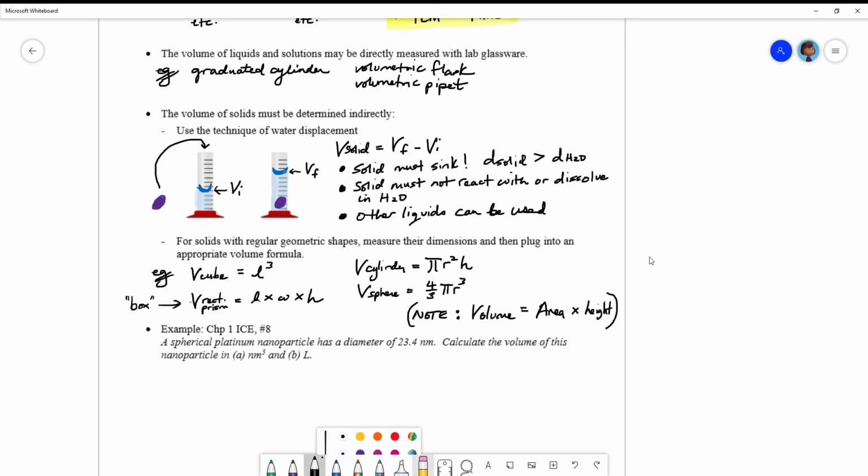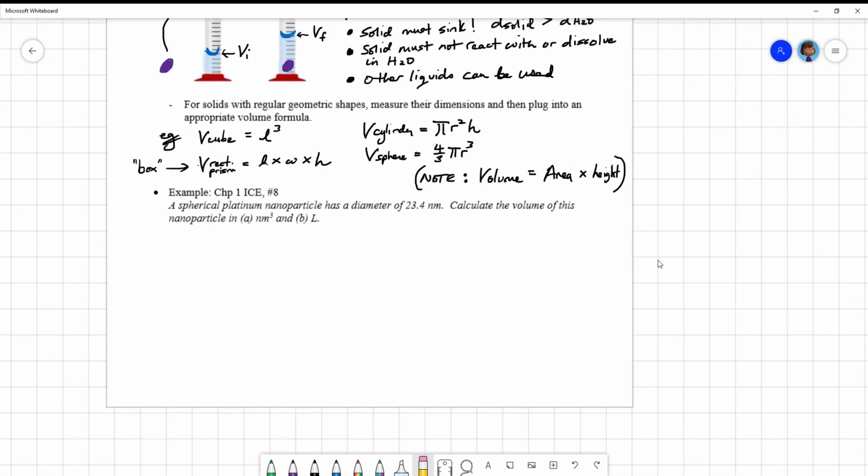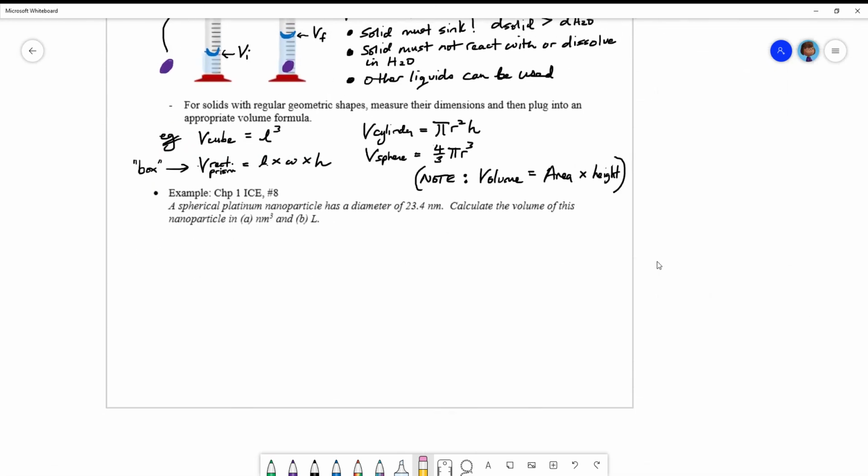Or if we think about a cylinder, the base of the cylinder is a circle over here. What's the area of a circle? Pi r squared. So we have pi r squared, which is area times height. So again, volume is just area times height, something to keep in the back of your mind, very useful. Now, let's take a look at ICE problem number 8, which is a problem involving volume calculation and volume unit